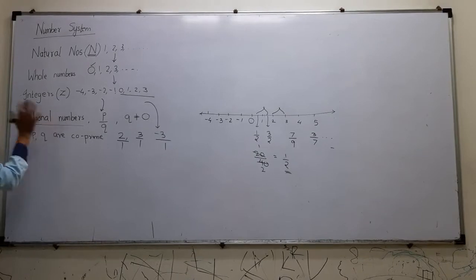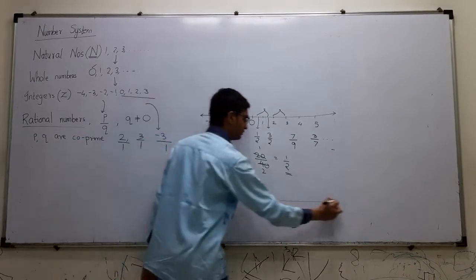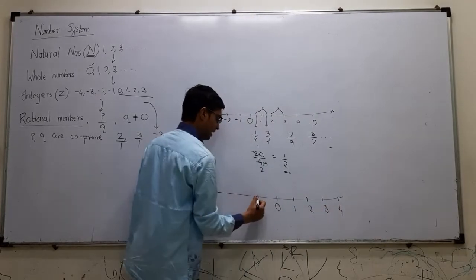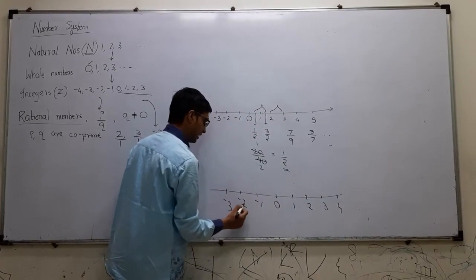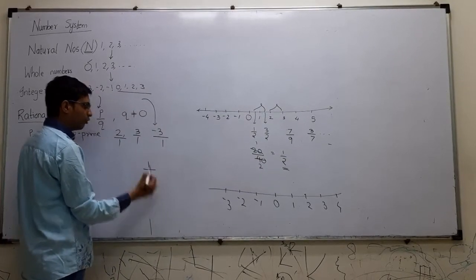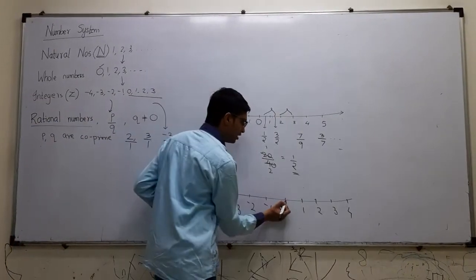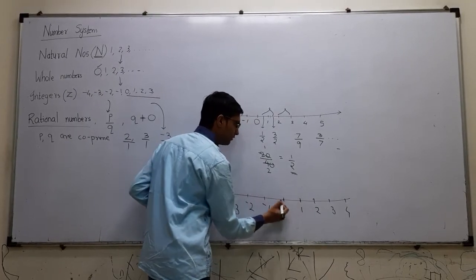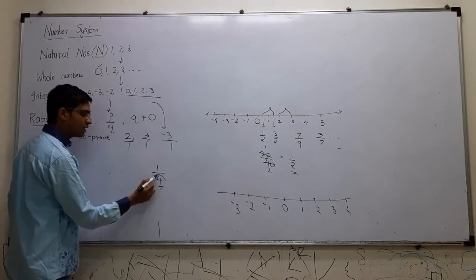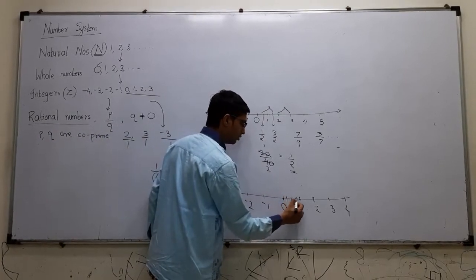So till now we have studied what a rational number is. How to locate a rational number on the number line? We start with 0, positive numbers on the right side, negative numbers on the left side. Now suppose I want to plot 1 by 4 on the number line. See, the numerator is less than the denominator, so I always mark between 0 and 1. So 1 by 4 will be between 0 and 1. First I will take 4 parts of 0 and 1. What is my denominator? 4. So I'll make 4 parts of 0 and 1. So it's 1, 2, 3, 4.